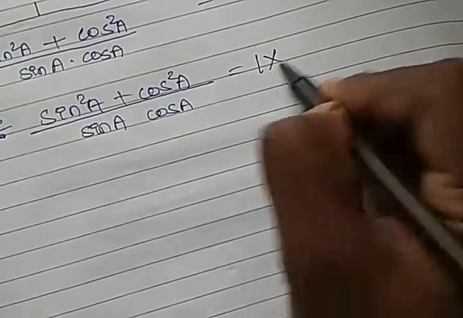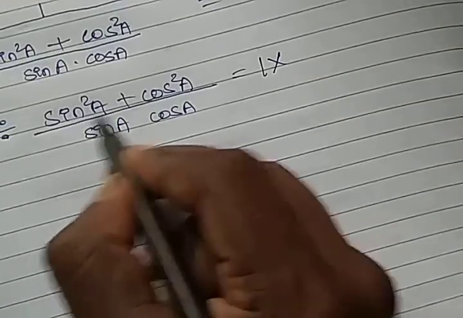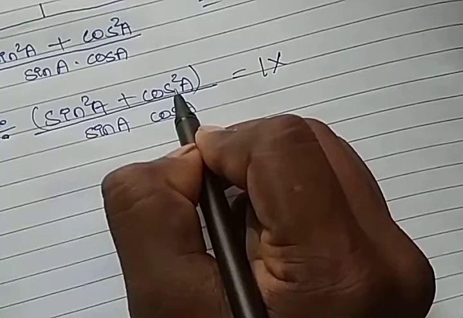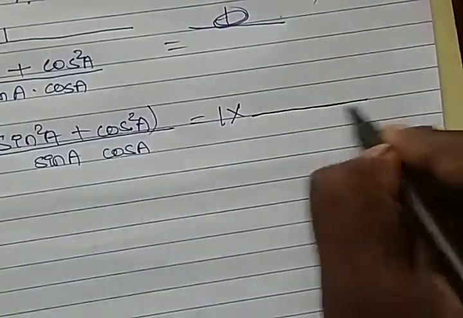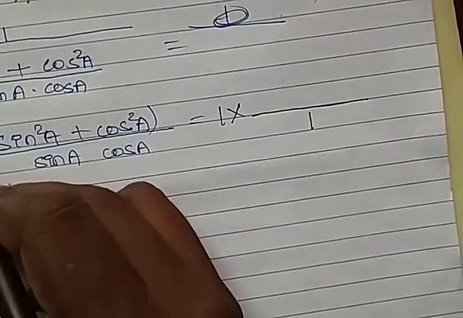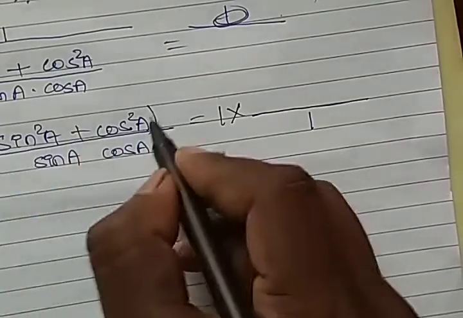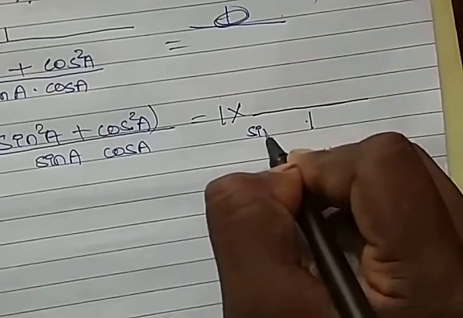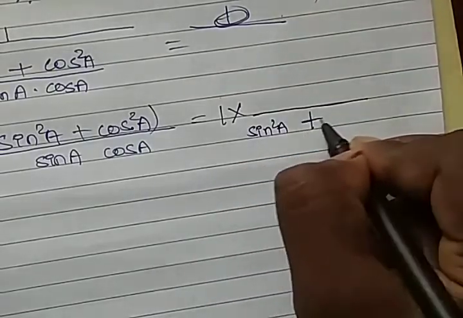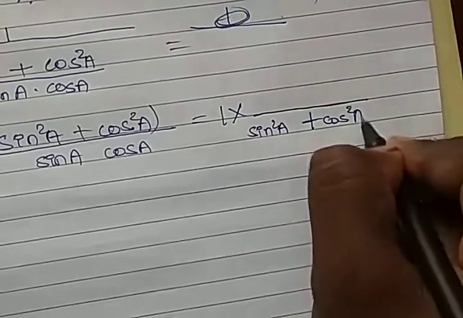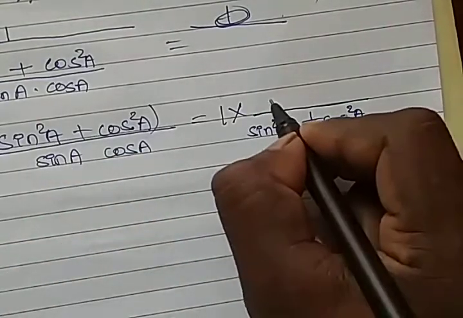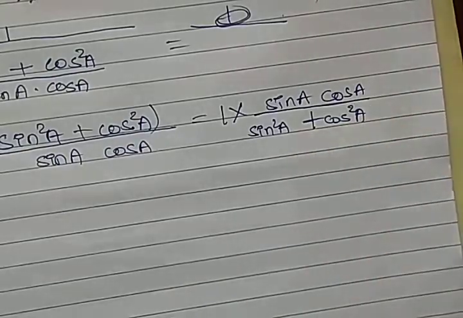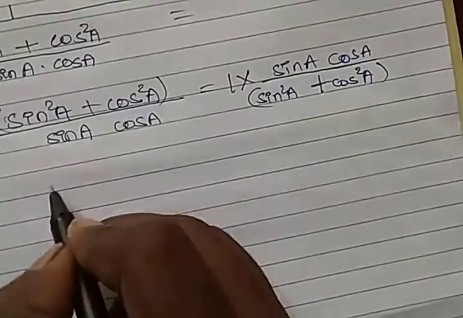So 1 into, ये नीचे जाएगा. वैसे तो इसकी वैल्यू जो है 1 है, sin square a plus cos square a is equal to 1. So that 1 comes to the denominator, because we are changing this symbol, this value नीचे आएगा. You can write here as it is, sin square a plus cos square a, this comes down, sin a into cos a goes upside. Fine. Now you can replace the values now.